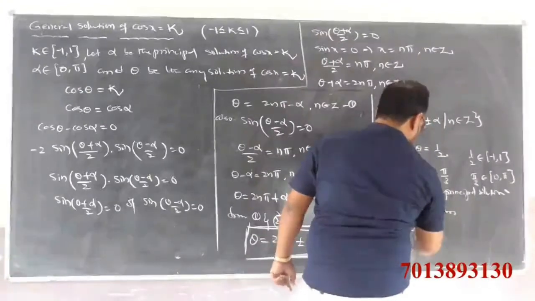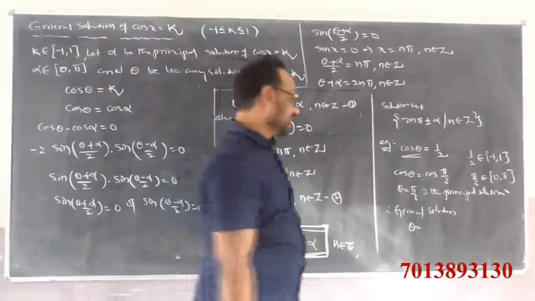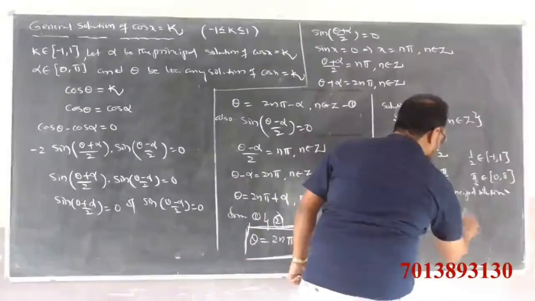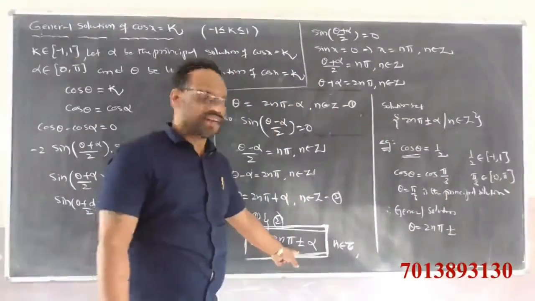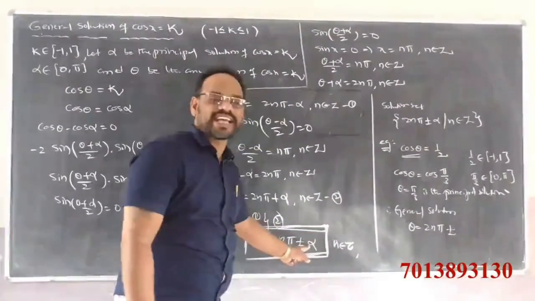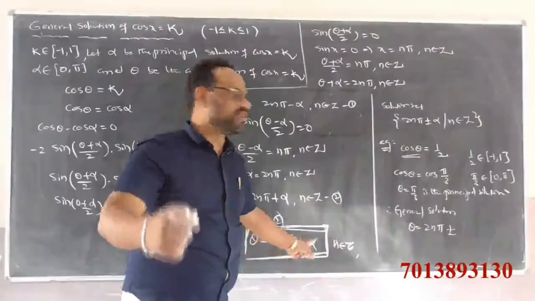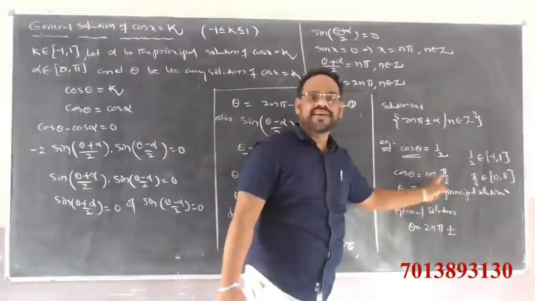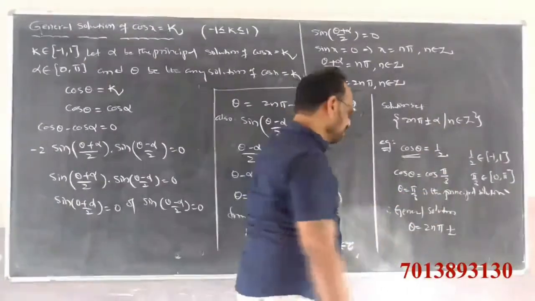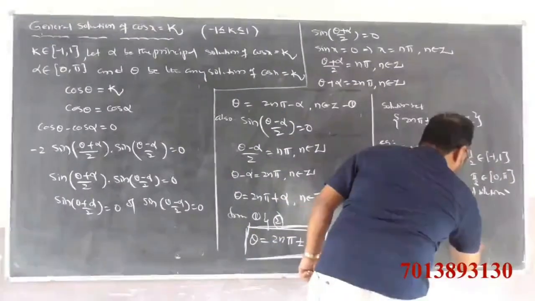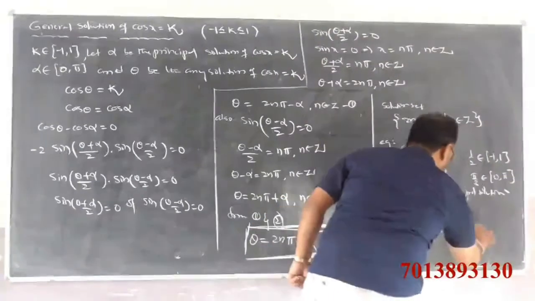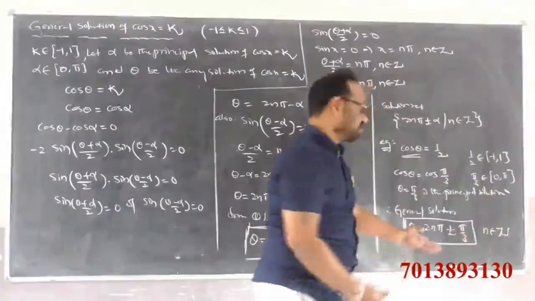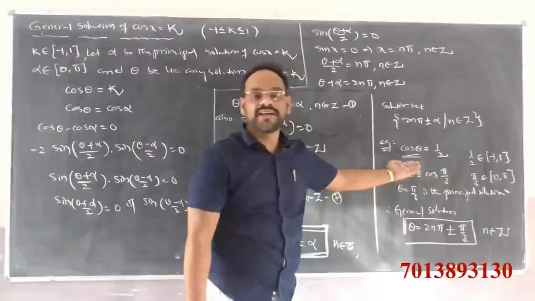We want the general solution. Theta is equals to clearly 2n pi plus or minus alpha. What is alpha? Alpha is nothing but the principal solution of the given trigonometric equation, which is clearly pi by 3. So we get 2n pi plus or minus pi by 3 as the general solution of the given trigonometric equation